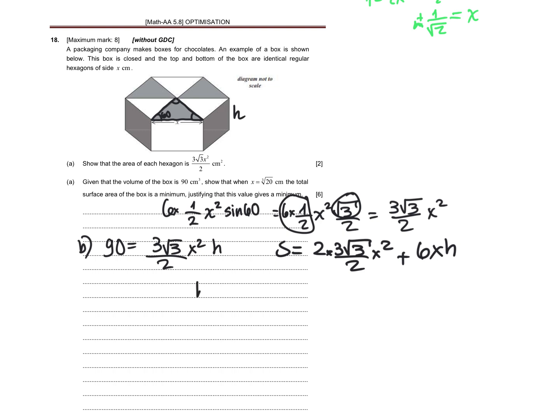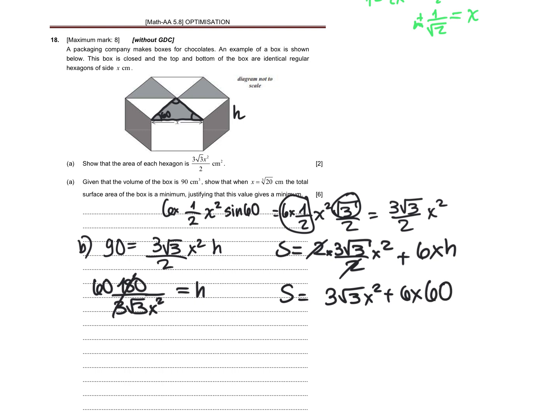All right, so we need to solve this thing for h. So 90 times 2 over 3√3 x squared on the bottom. So 60 over √3 x squared. So that goes over here. The 2's cancel. 3√3 x squared plus 6x times 60